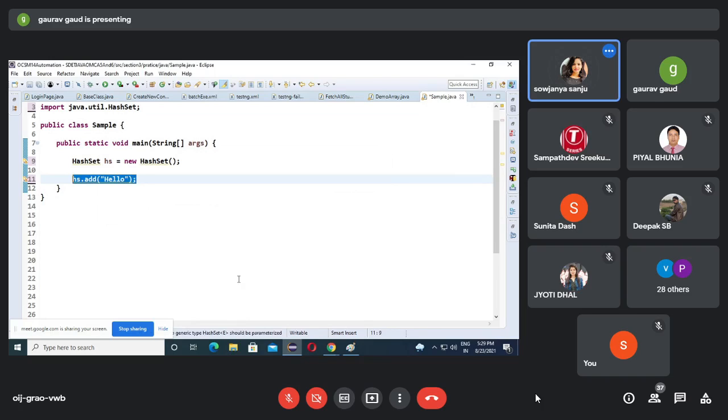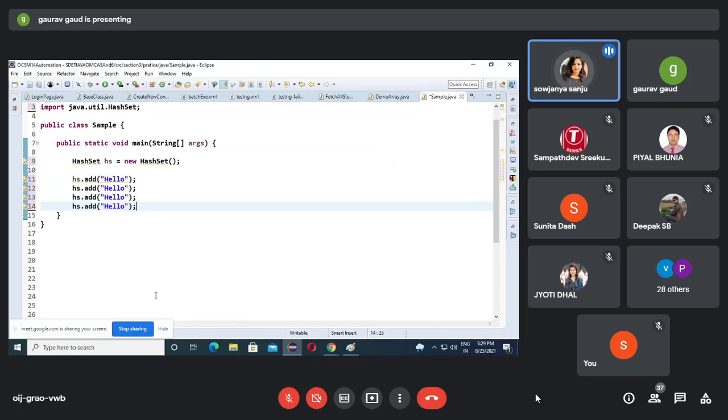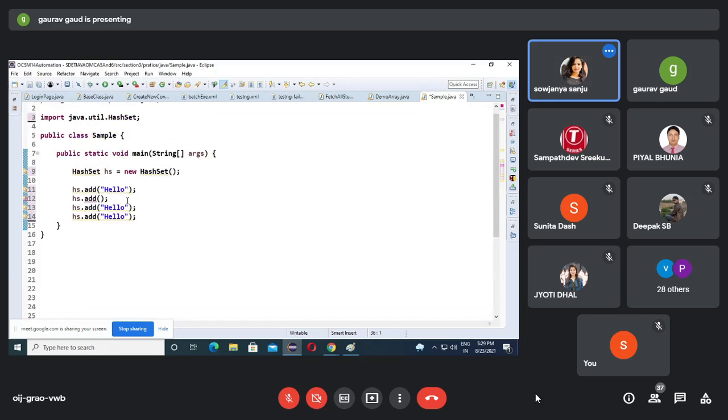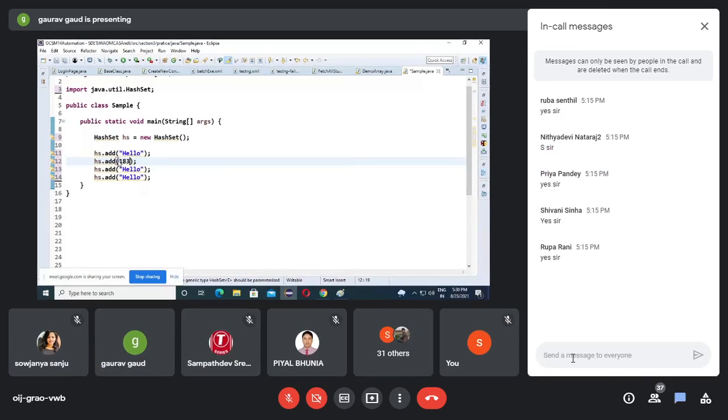Assume my second, third, fourth objects are like this.